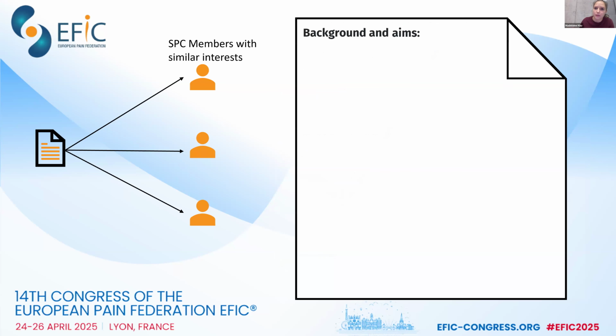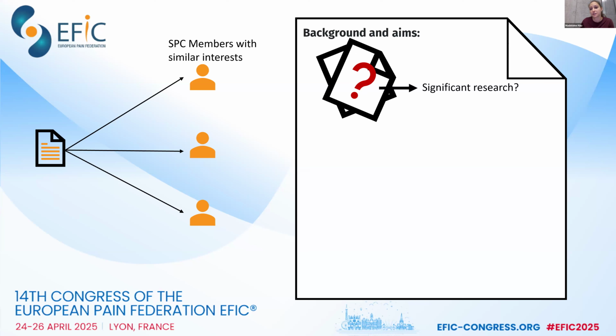So as we have the background and aims, as Andre has said before, it's important to state the basic knowledge, the basic background information that is necessary to understand your abstract, but it's as well important to also let us know what is not known yet. As Sabrina said, uniqueness is important, and we are supposed to evaluate if your abstract presents significant, useful research. And as I mentioned, we are from a similar field, may use similar methods, but it might be that we are not necessarily an expert on your specific topic and your specific literature.